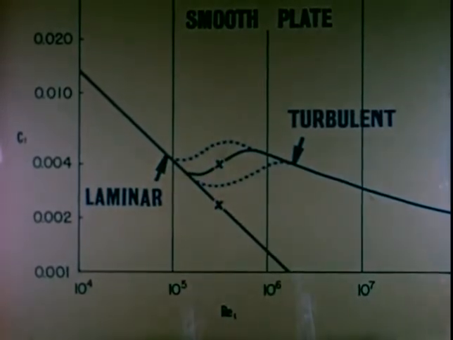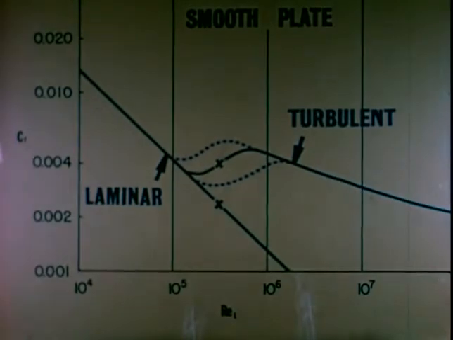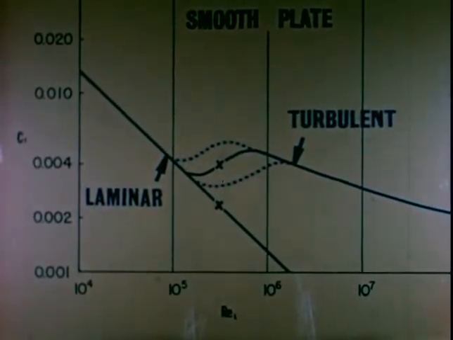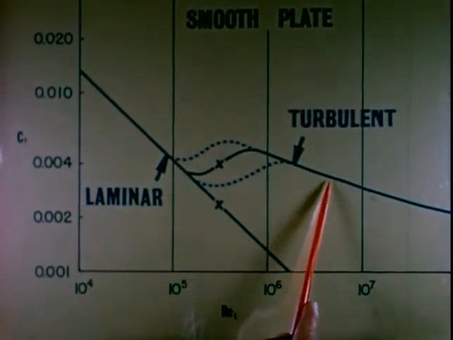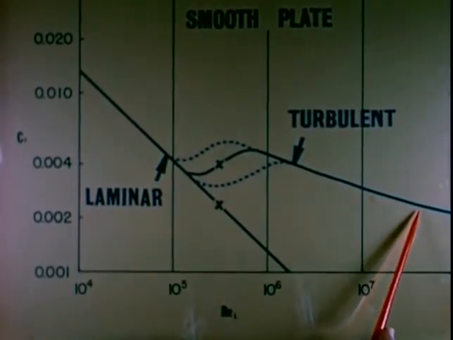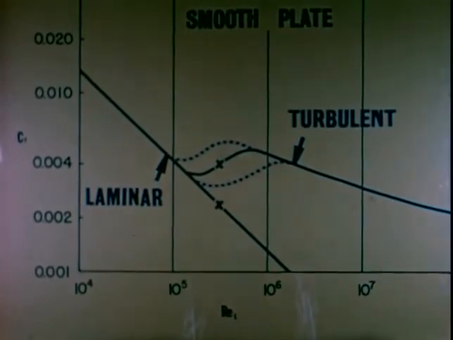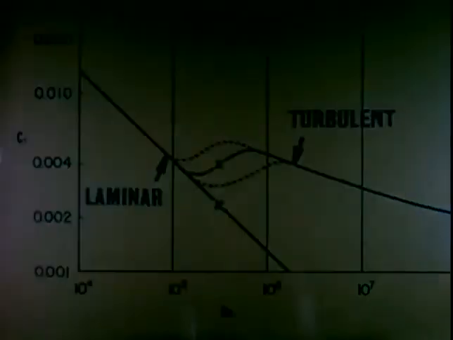However, when transition occurs near the leading edge of a long plate, friction of the laminar part is negligible compared to that of the turbulent part, and there is a unique relationship between skin friction coefficient and Reynolds number. Boundary layers also develop in the entrance region of